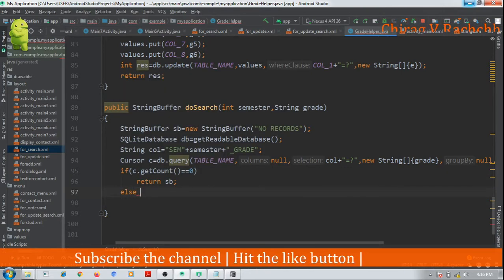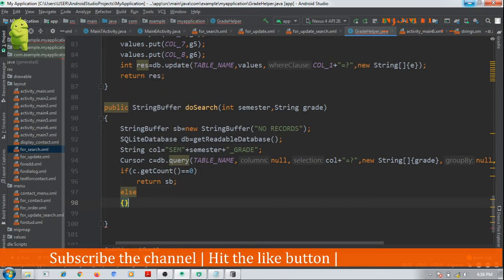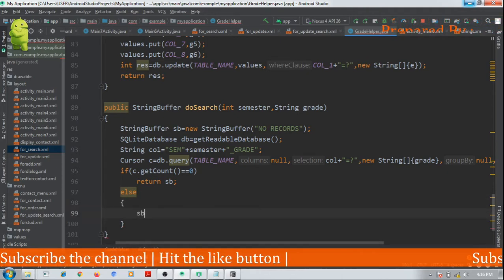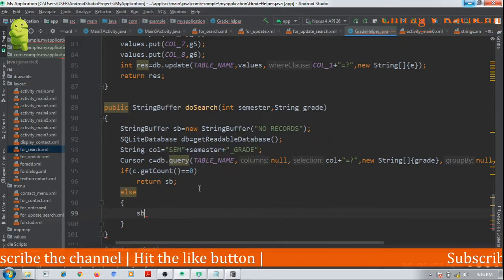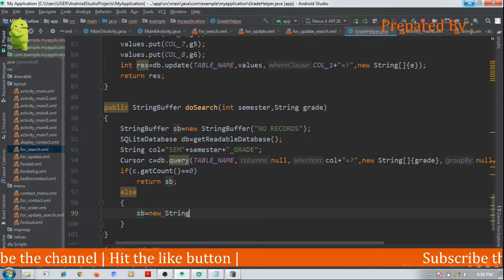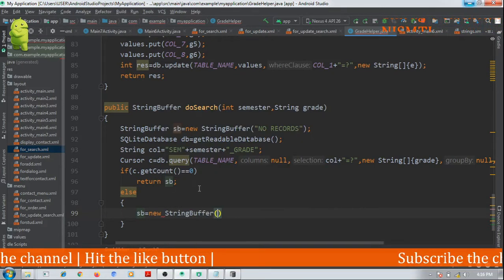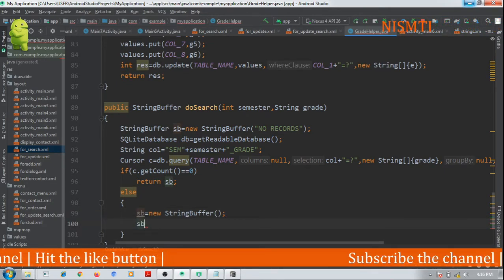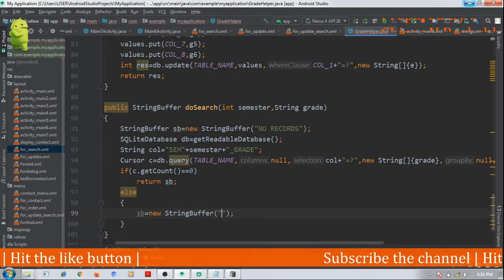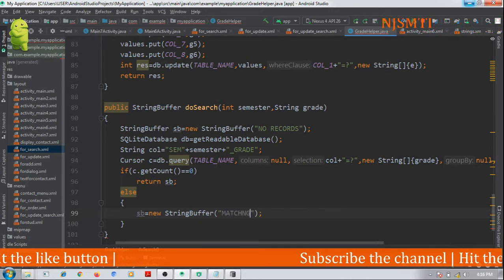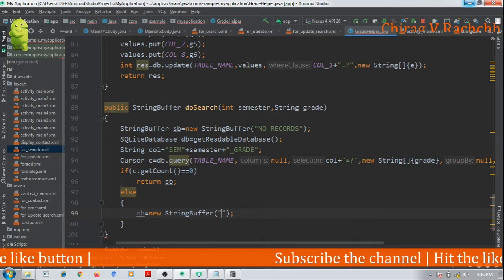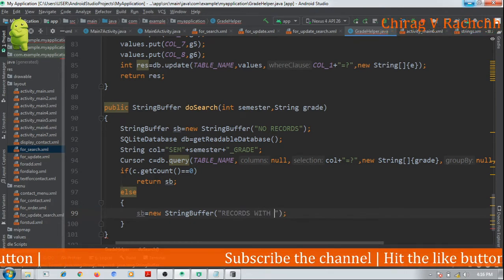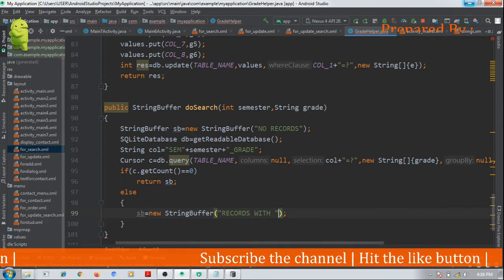Okay, else if records exist, then what will I do? sb equal to new string buffer, and it will be empty. Then sb append: matching records with which grade?